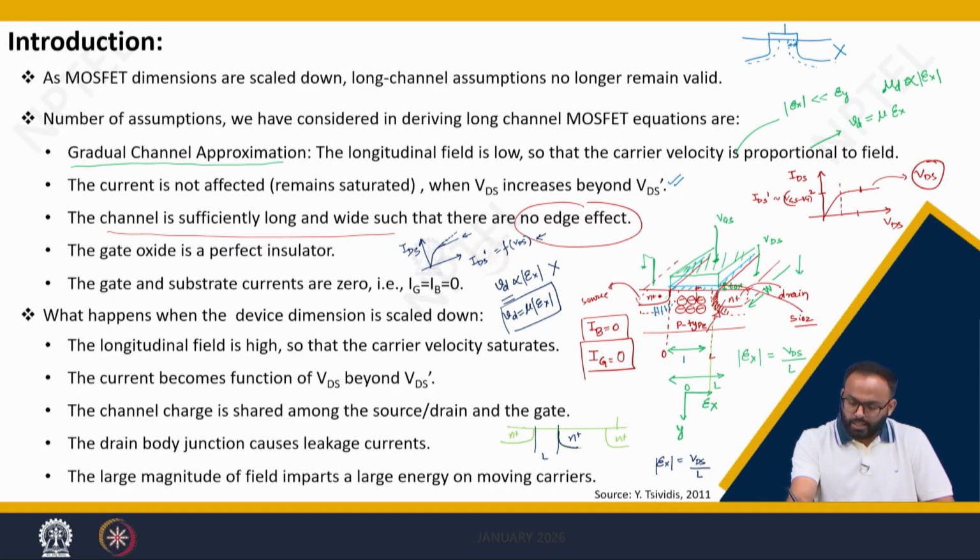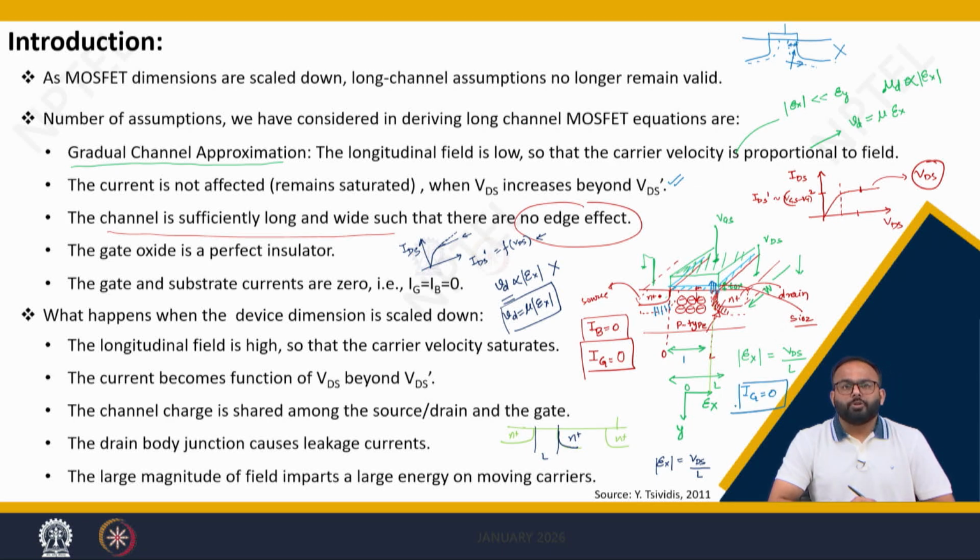In addition, you can see here we have opted only one dimensional analysis considering the gradual channel approximation. However, when you go for this kind of charge sharing effect, it will be a two-dimensional analysis. So, you need to solve two-dimensional Poisson equation to fit a better result in terms of modeling. There are also short channel effects, like there will be a breakdown at the oxide, means there will be an oxide tunneling, and hence the oxide cannot be treated as a pure insulator. So, there will be a gate current in short channel devices,